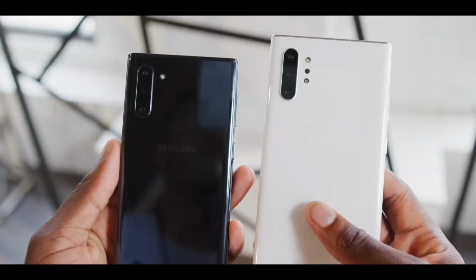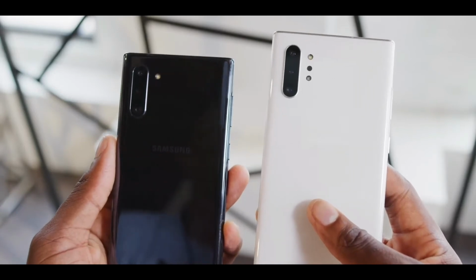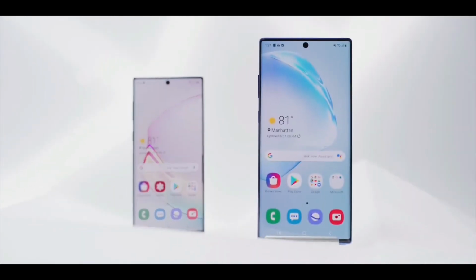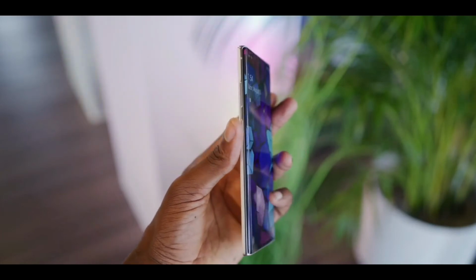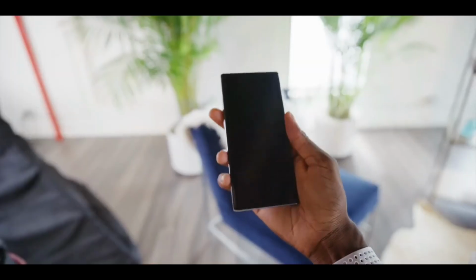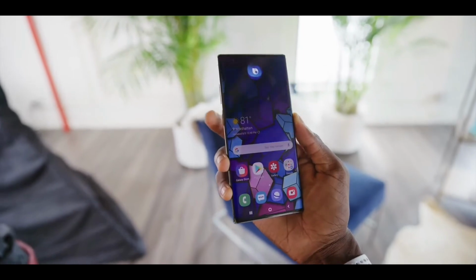1080p resolution on the Note 10, but 1440p on the Note 10 Plus, and only 8 GB RAM in the Note 10, but the Note 10 Plus goes up to 12 GB of RAM, and it's amazing. And there is another drawback: the 5G version is only available with the Note 10 Plus, and the Note 10 Plus also has expandable storage along with